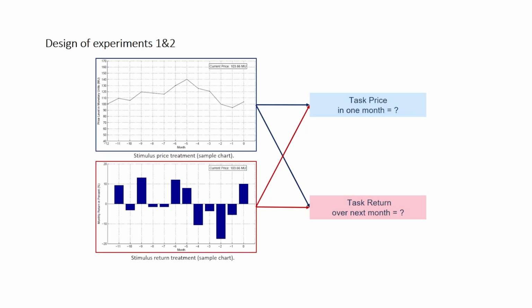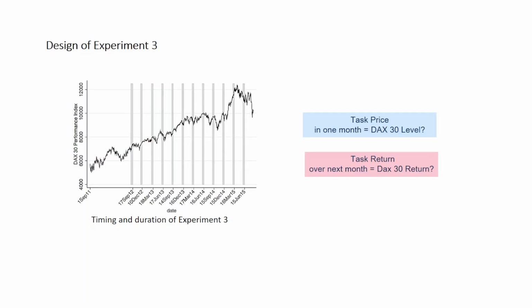So they just wanted to understand if the format would change anything in their forecast, or if the question would change anything in their expectations. However, for the third experiment, as we said, they are professional advisors, so they didn't show them anything. They just asked them in 12 sequences within a frame of about 3 years, every time to either expect or forecast the level of the DAX index in the upcoming month, or to try to expect the return of the DAX.